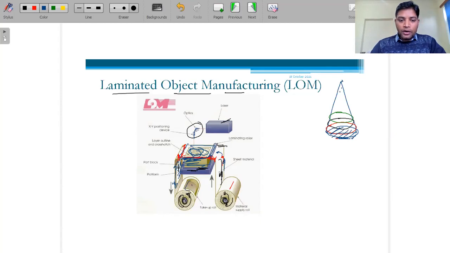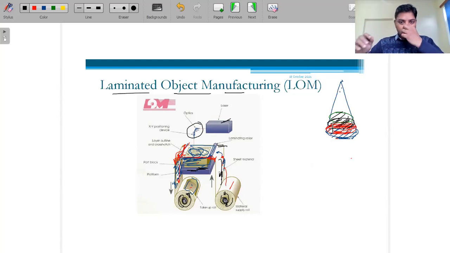If you see this part, it is basically blank, and this part is not blank. Now one layer is completed, and the previous one has come under this and is wrapped over this surface. Now there is a fresh layer. Again the laser cuts that sheet as per the requirement, whatever the diameter and thickness needed. Once it is formed, we again feed it in this direction, so the scrap material is wrapped over this roller and fresh material is here. Now the diameter has been reduced, so it will be formed like this.